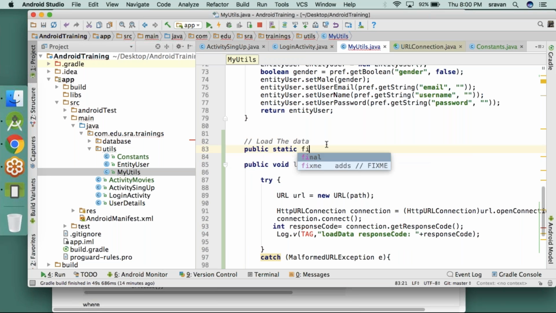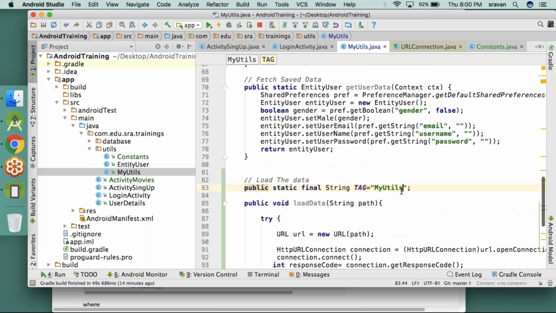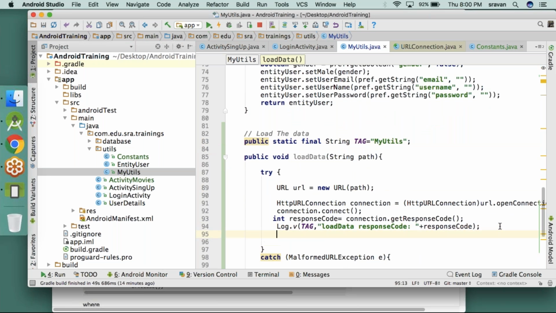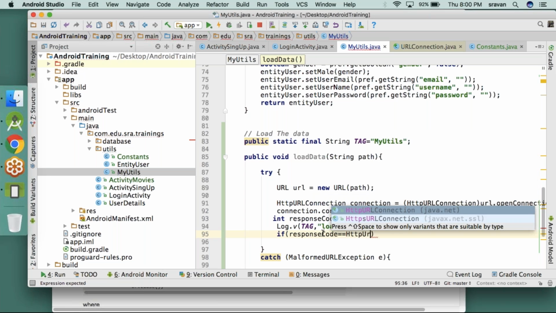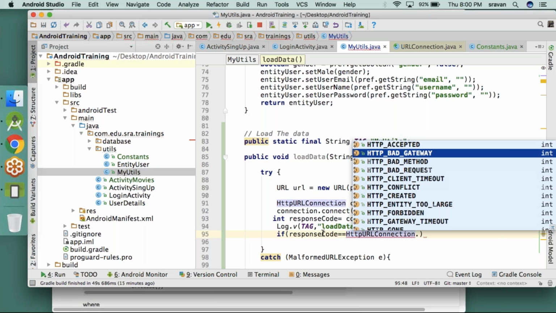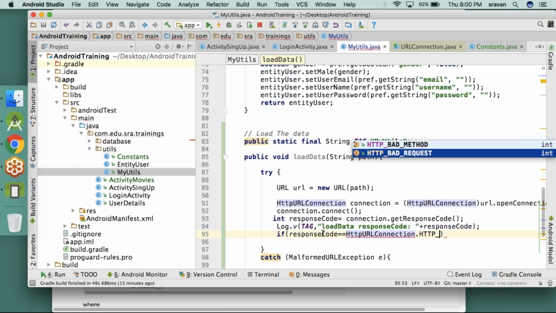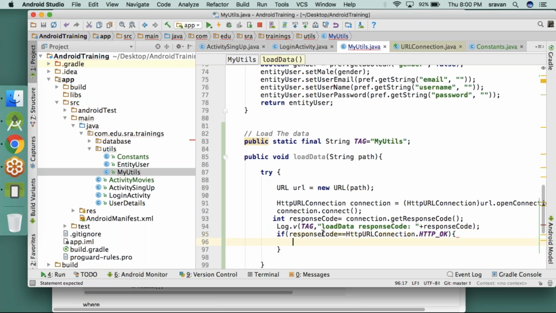public static final String TAG equals to... Okay. So this response code, if responseCode double equals to HttpURLConnection.HTTP_OK, then